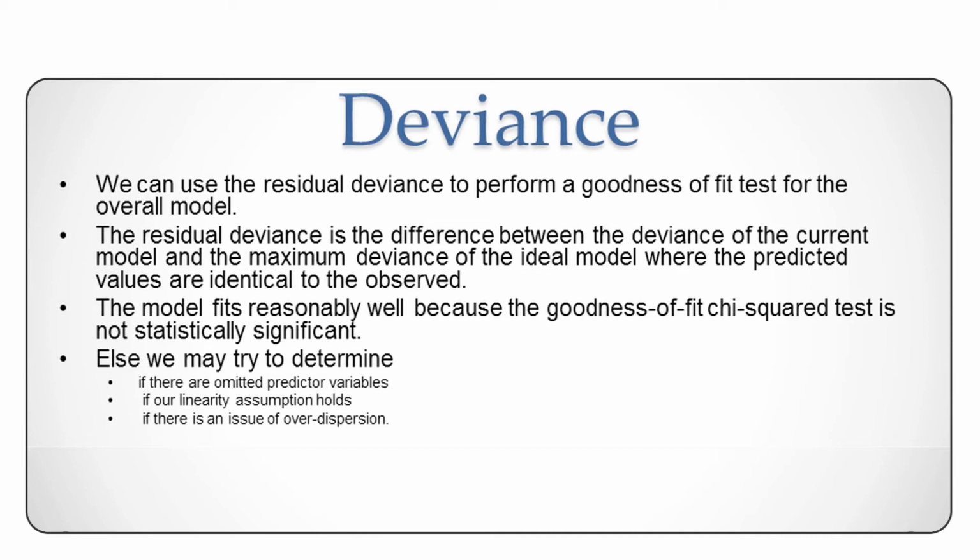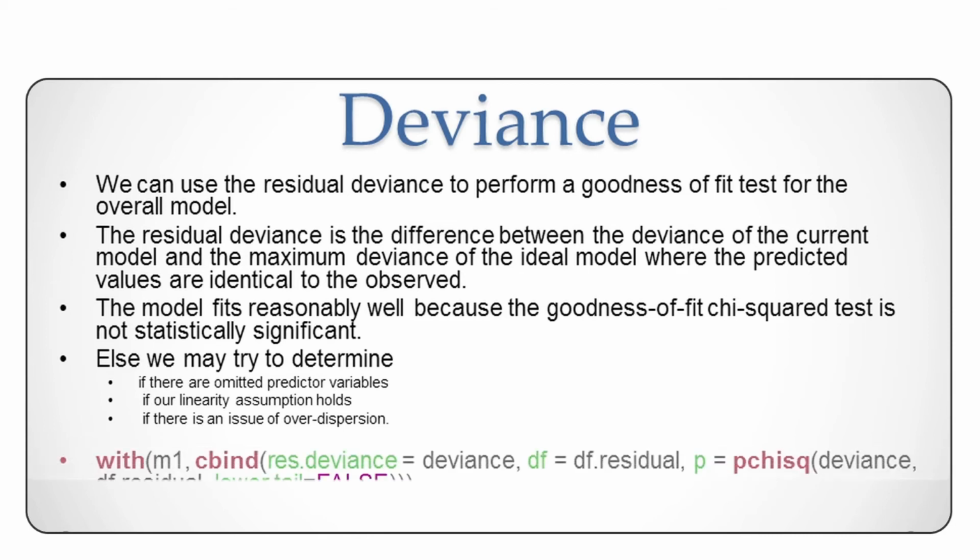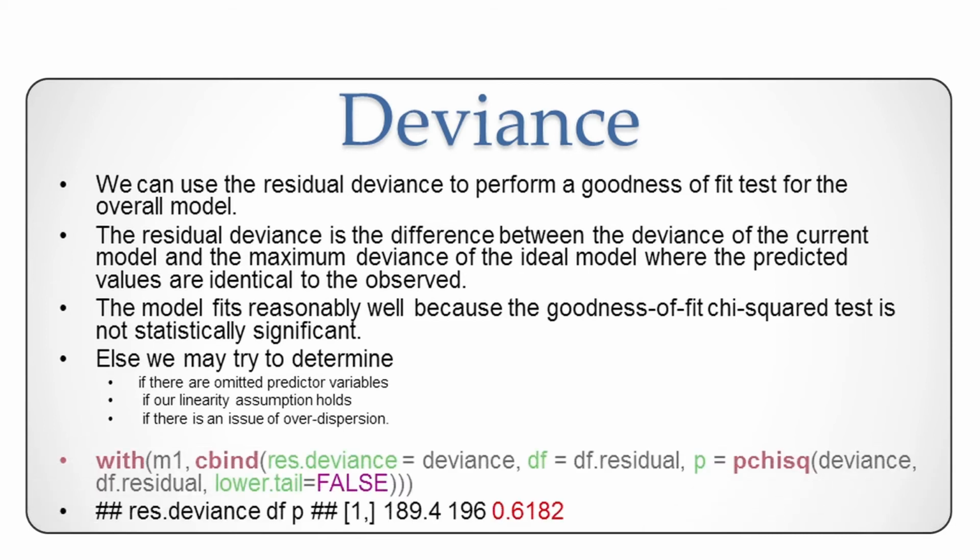If we know the type of nonlinearity, we could use the nonlinear functions in the formula. Else, we can use options like GAM. And finally, if there is an issue of over-dispersion, which we shall look at in great detail in some following modules. So here we use the with M1 cbind, define the residual deviance, the DF, the p chi-square for the p-value,